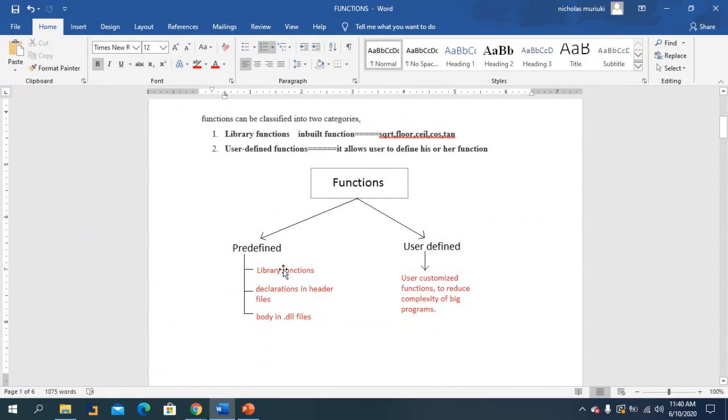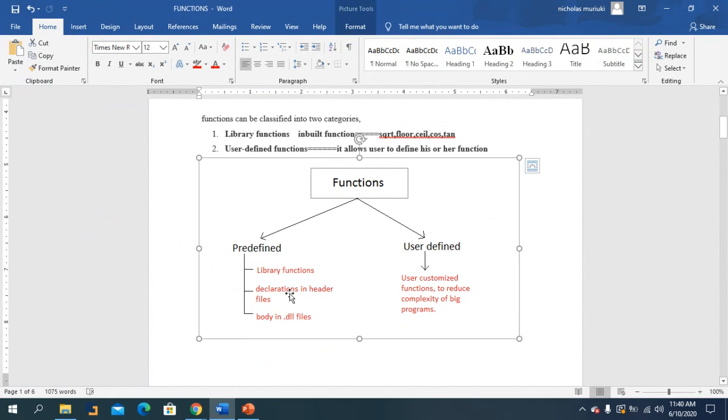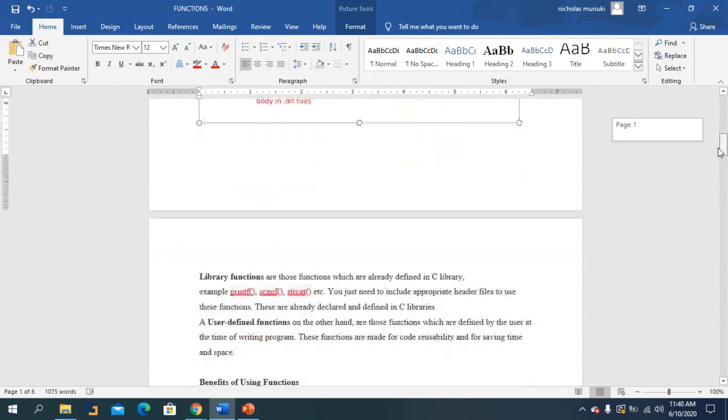So library function, declaration in the header files, body inside. So all these are functions that you can use as a predefined function. But for the other one, we can use them here in the executions. Then after that, we can see that